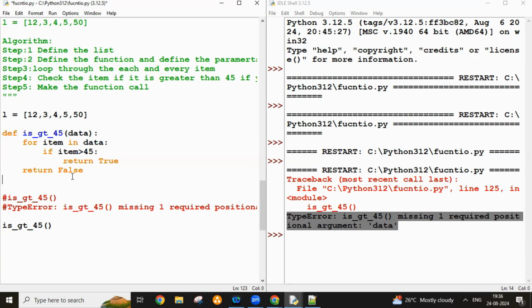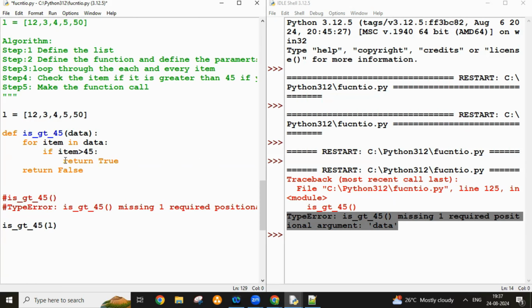Okay. And one more important thing: whenever function execution meets a return statement, it means return the value and exit from the function. You got it? Let me tell you the scenarios also. When I'm making a function call, this time I'll pass this L. You got it? I'll pass the reference of L. In the previous session we discussed call by value and call by reference, right? So now I'll pass the reference L. Got it? And if I execute this now,